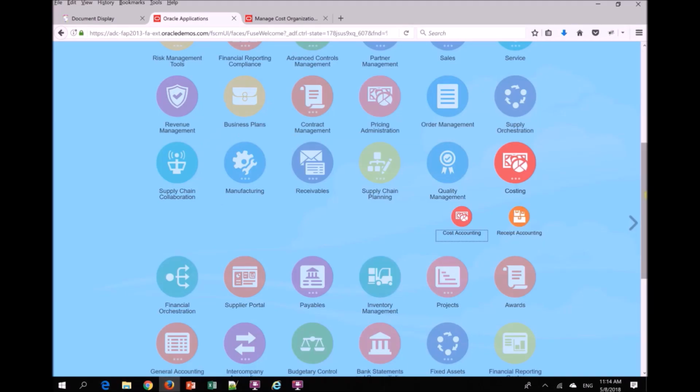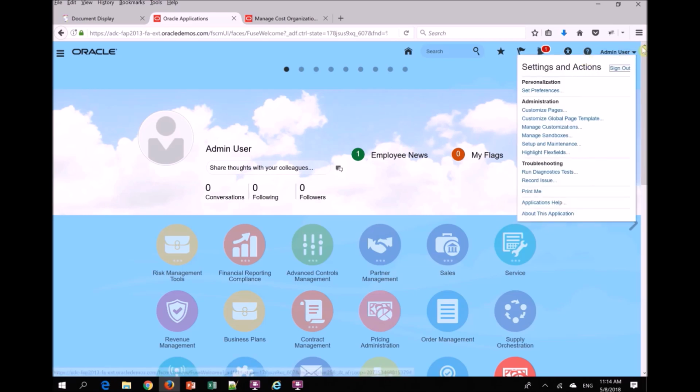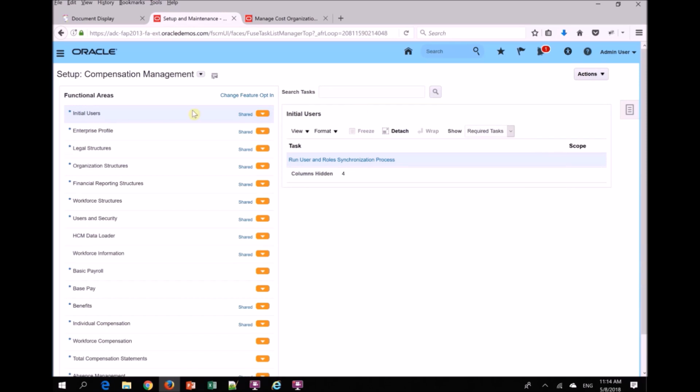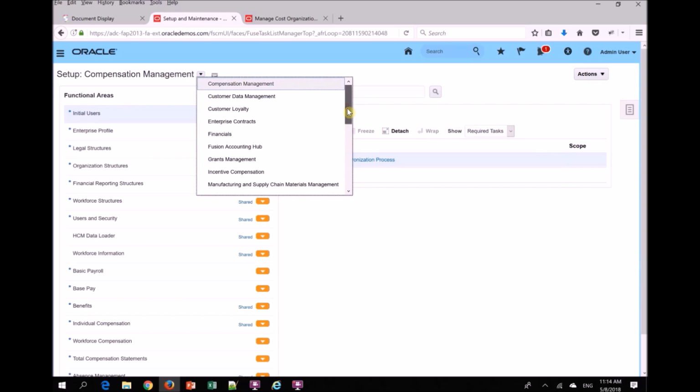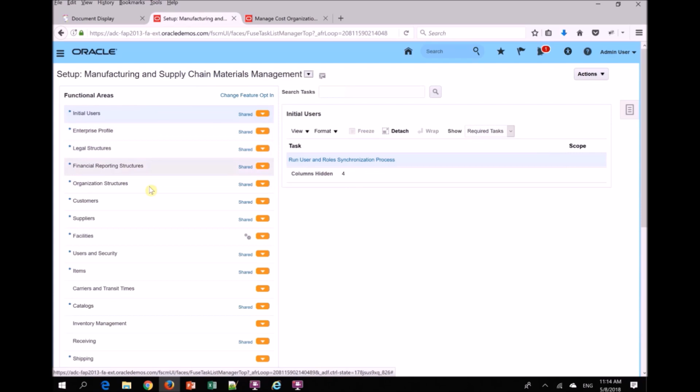So here, as I said, there are two different ways in which you can do it. The first one is you can go to admin, on the top of your browser, you'll see your username, click on that, and then from there you can go to setup and maintenance. And because user is something which is part of all the modules, you can do that from any of the modules. But as you are working in costing, we'll go to manufacturing and supply chain material management. And then here, if you go to users and all tasks,